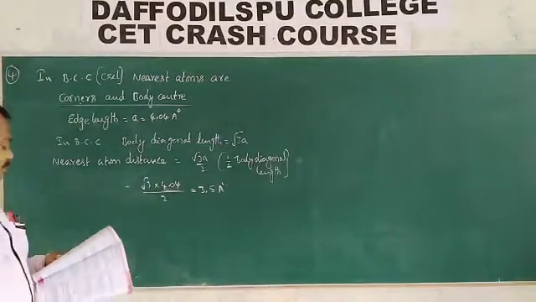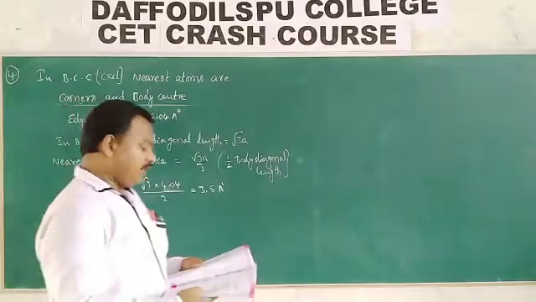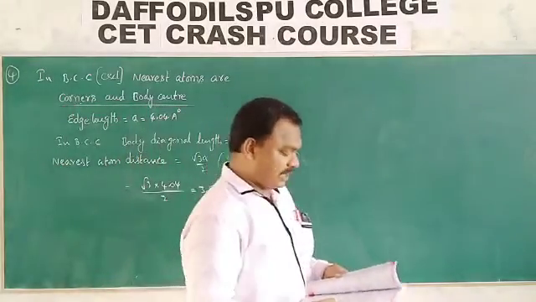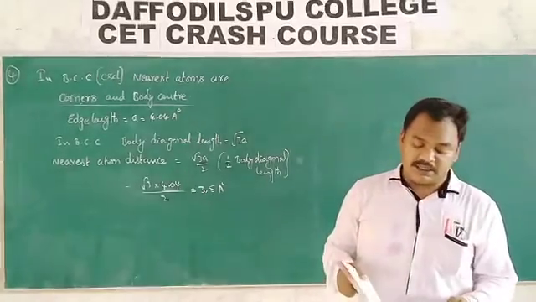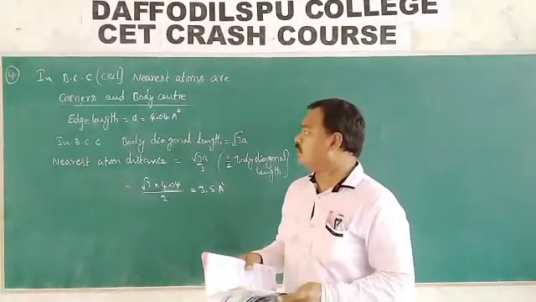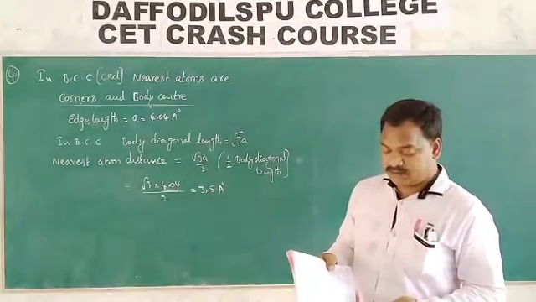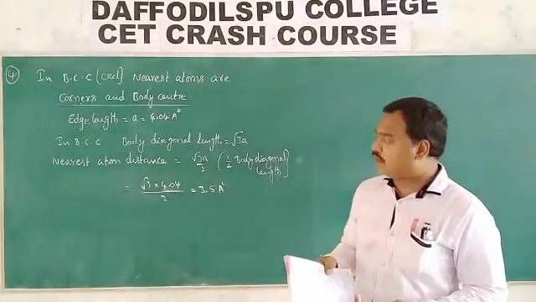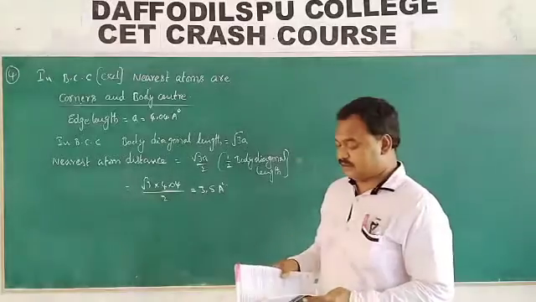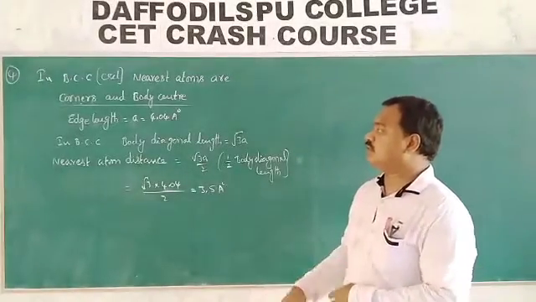So look here. A solid AB has cesium chloride type of structure. Edge length of the unit cell is 4.04 angstroms. The distance of closest approach between A plus and B minus is? So that is the question.